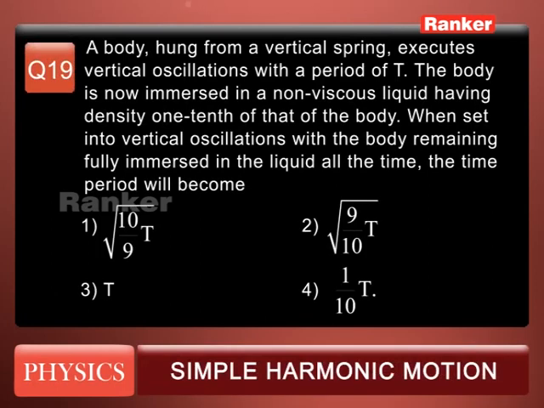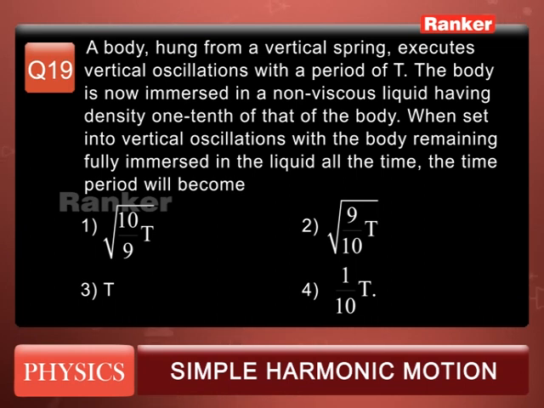Question number 19. A body hung from a vertical spring executes vertical oscillation with a time period T. The body is now immersed in a non-viscous liquid having density 1/10 of that of the body. When set into vertical oscillation with the body remaining fully immersed in the liquid, the time period will become: